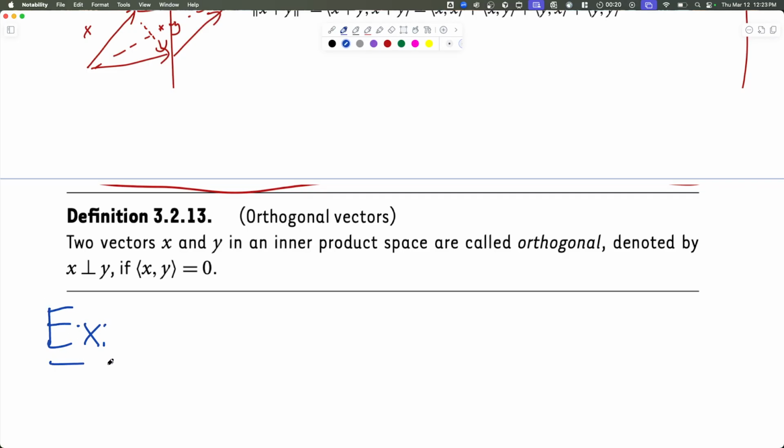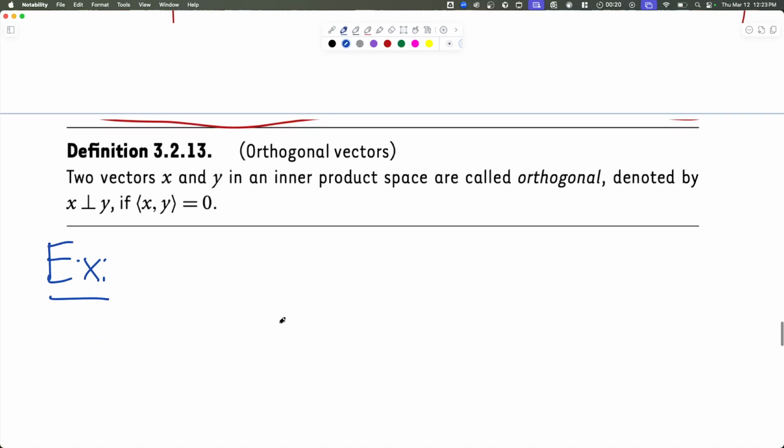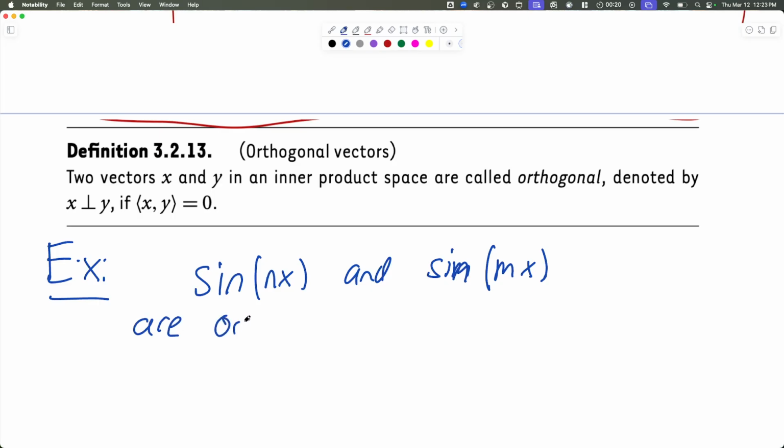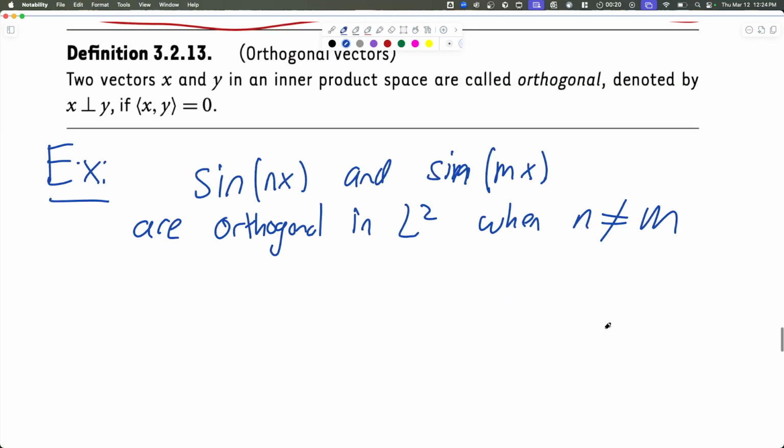The main example I'm going to give is that sine of nx and sine of mx are orthogonal in L2 when n is not equal to m. In other words, if you have oscillations at a frequency of n and oscillations at a frequency of m, those two things are orthogonal vectors in the L2 space, specifically in L2 of minus pi to pi. This will be the most important